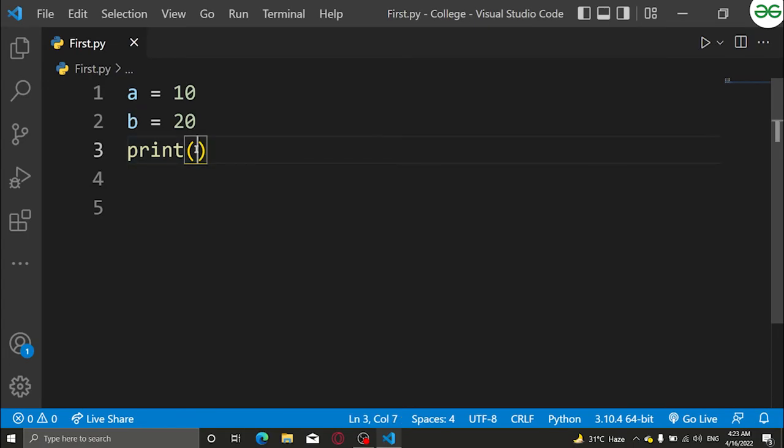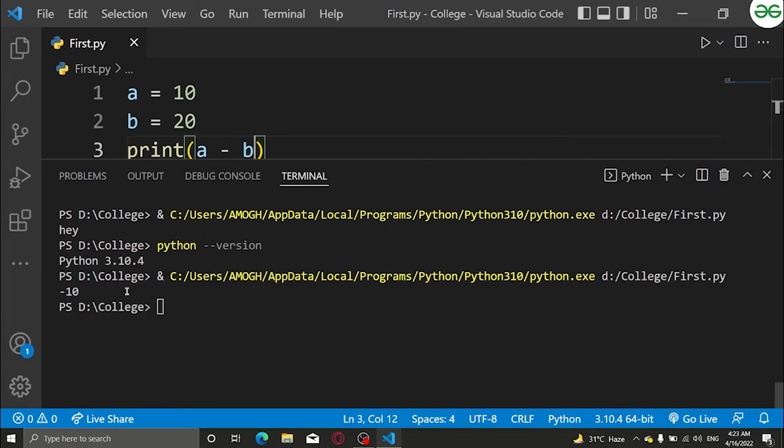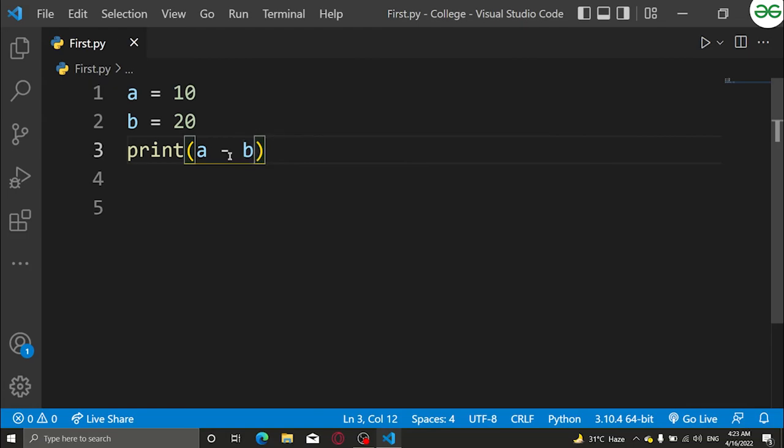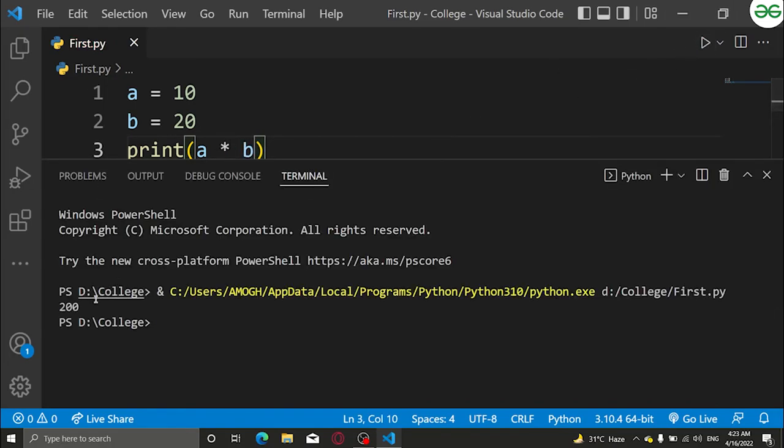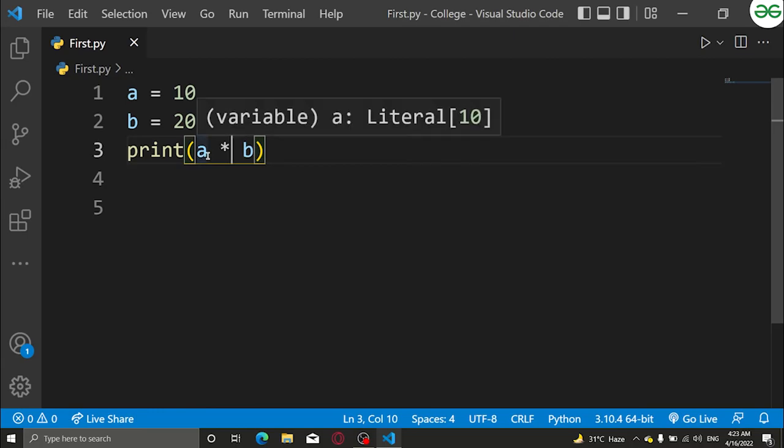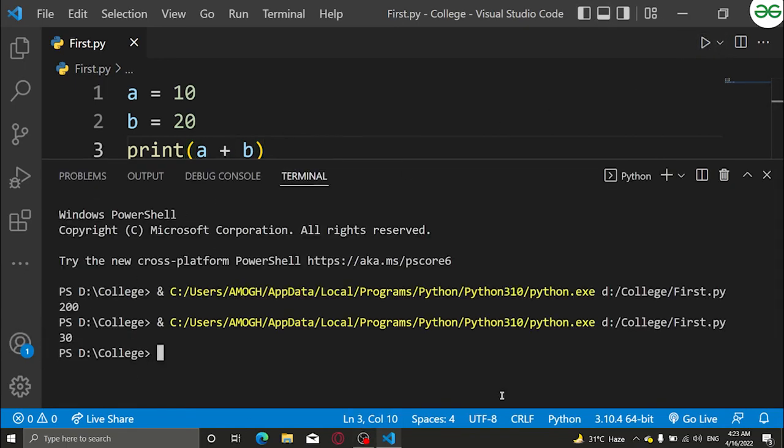If I want, I can simply write a minus b. You will see that all the calculations can be done. See, it has given minus 10 as the value. If I did a times b, it will give us 200. If I did a plus b, it will give us 30. Let me run it. See, it's giving us 30, right?